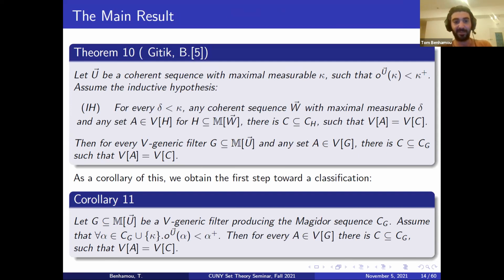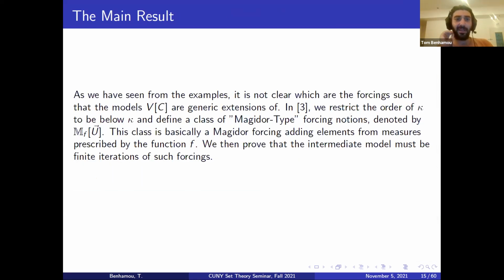Okay, so I hope I convinced you that it is not clear what V[C] is. So as we've seen from the example, we are not sure what V[C] is, and in 3, what we did, we restrict even more the order of kappa to be less than kappa,